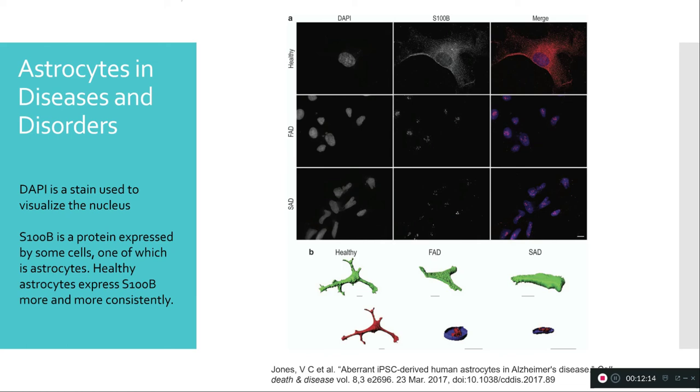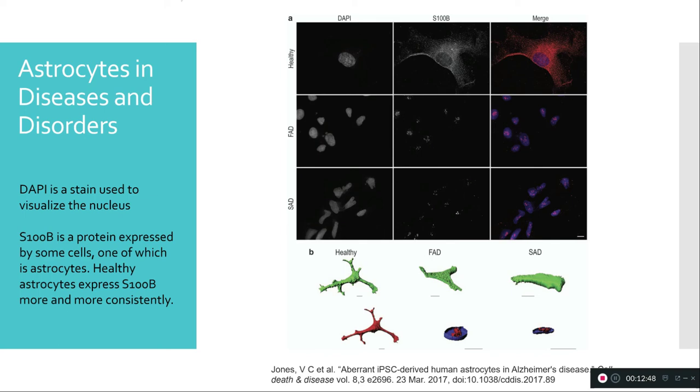Aberrant iPSC-derived human astrocytes in Alzheimer's disease, from Cell Death and Disease. What they looked at were human-derived astrocytes, both from healthy wild-type patients, so patients that were healthy. They also looked at people with familial Alzheimer's disease and sporadic Alzheimer's disease. FAD stands for familial Alzheimer's disease, which means the person has a genetic predisposition. It runs in their family. And then sporadic Alzheimer's disease is just naturally occurring; there's no real molecular or genetic factor from family, it